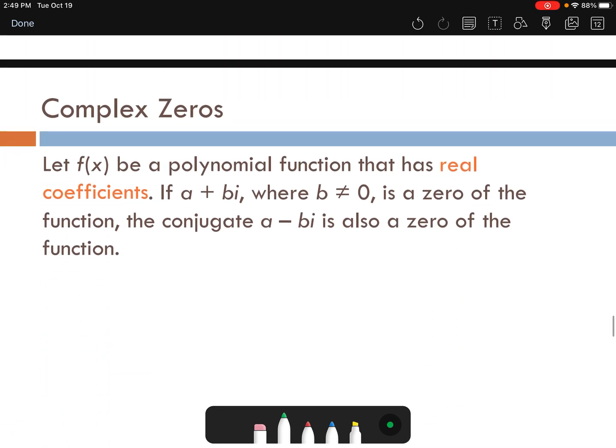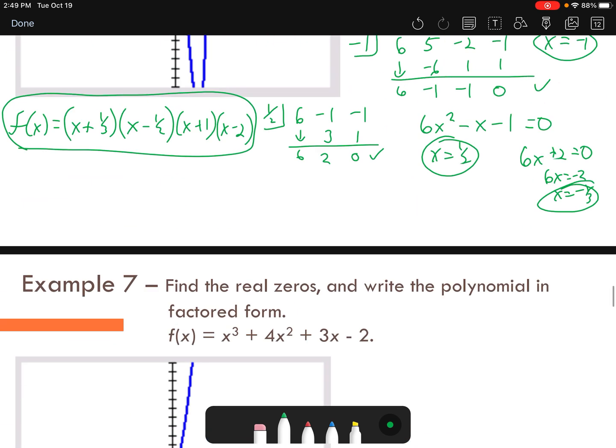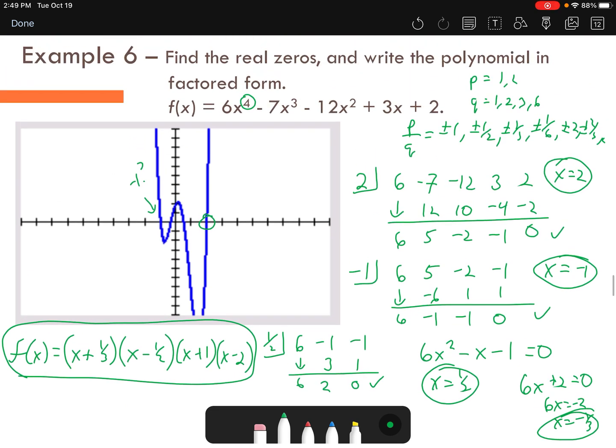Now, we will look at 7 with our next case using some complex zeros. But this is the first